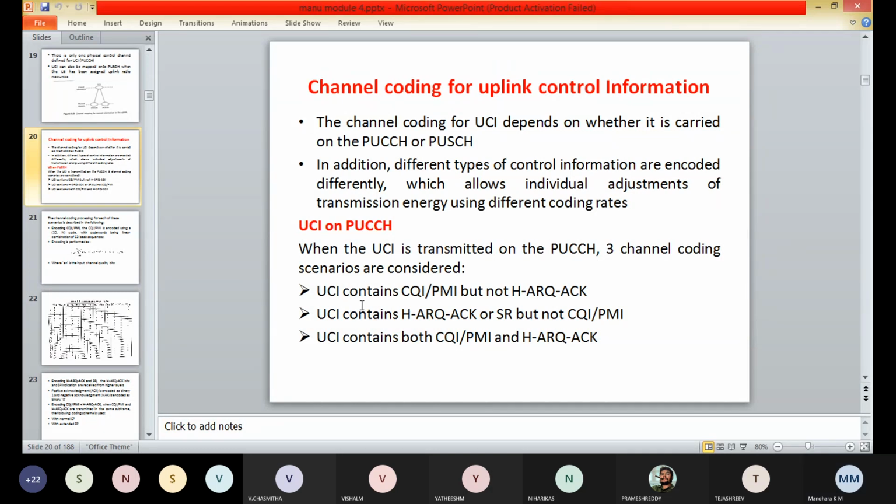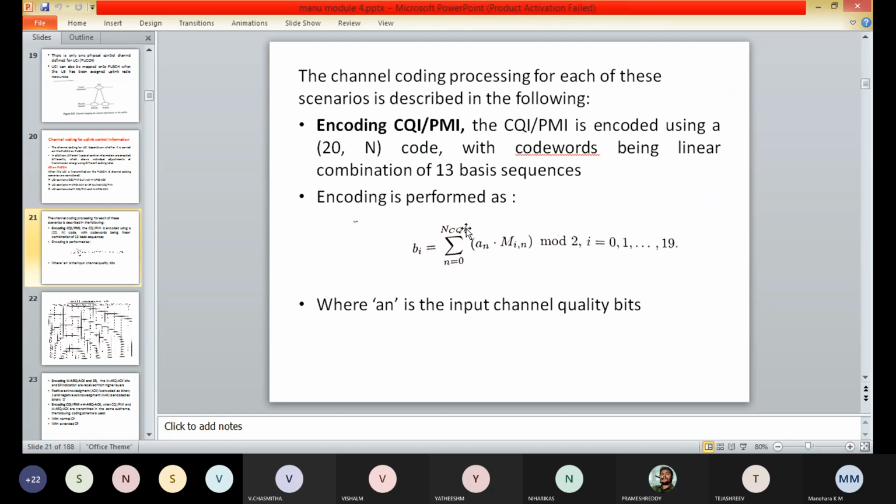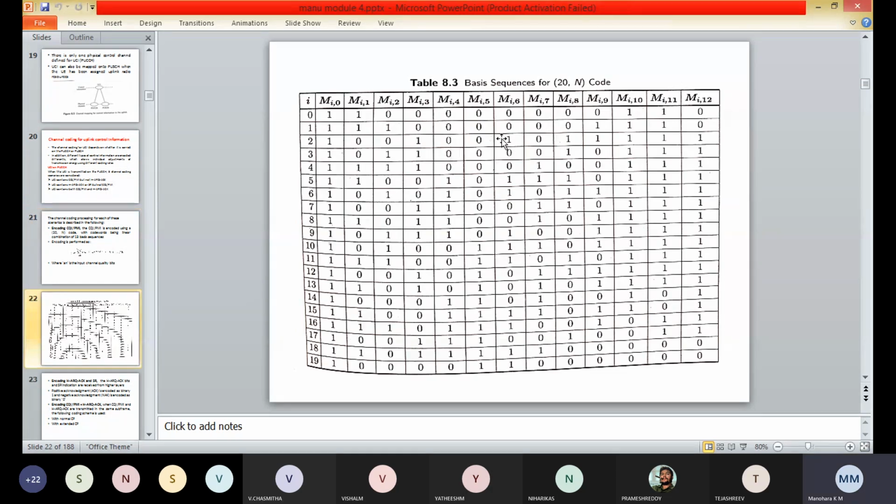First, the encoding of CQI or PMI. Here the CQI or PMI is encoded using a code with the code word being a linear combination of the 13 basis sequences that are defined in this table.